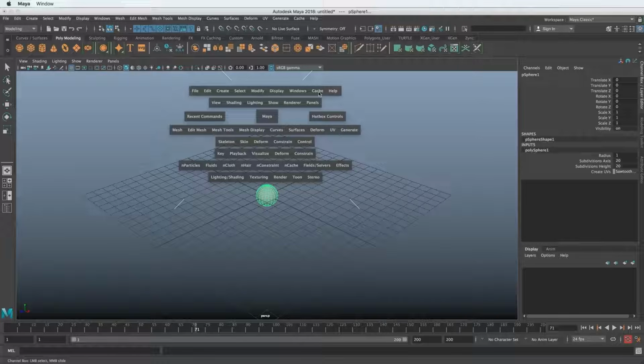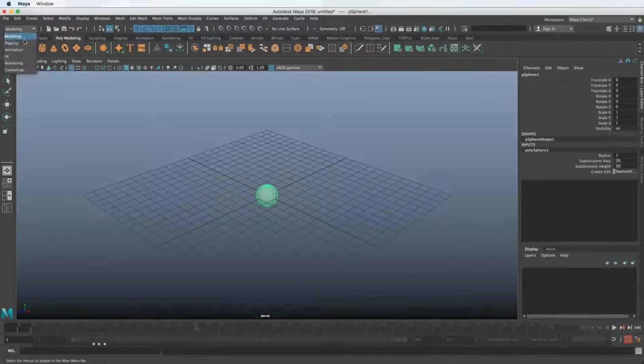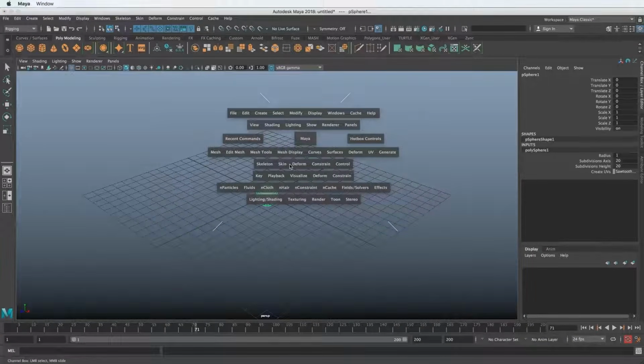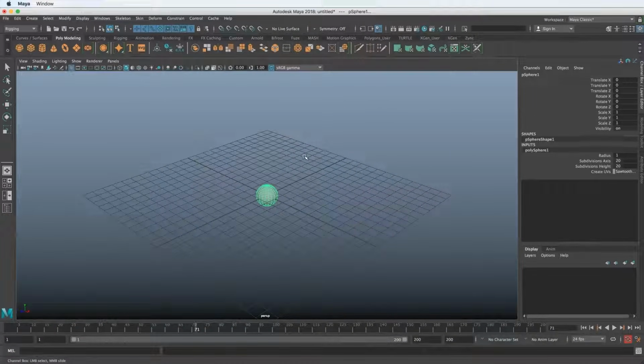And I use that quite a bit. It took me a couple years to get used to it and actually use it because I think it does take a little familiarity with Maya to feel comfortable with this. But the sooner you use this, the quicker you'll be in Maya. I would highly encourage you to use this instead of having to hunt around for stuff up here and changing menus. You can get to everything right here by holding down spacebar. So that's a pretty useful tip that I think will be useful even more later.